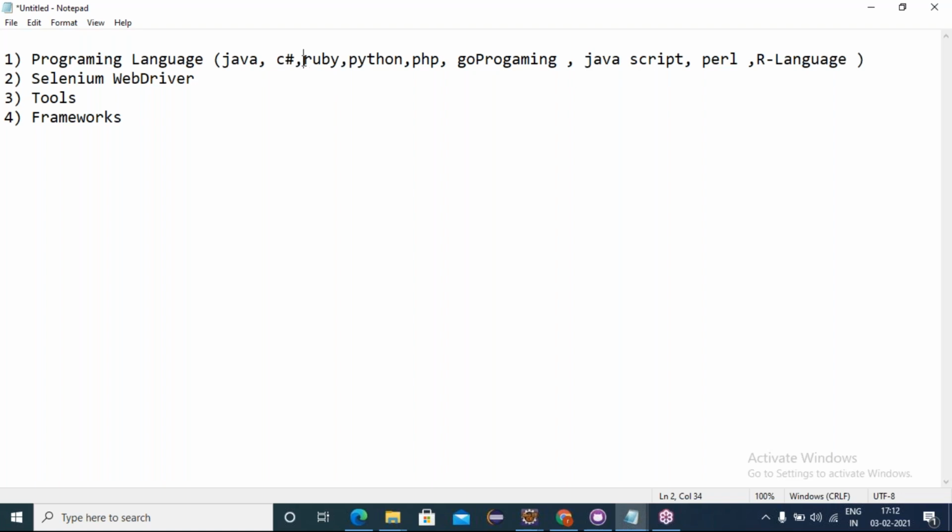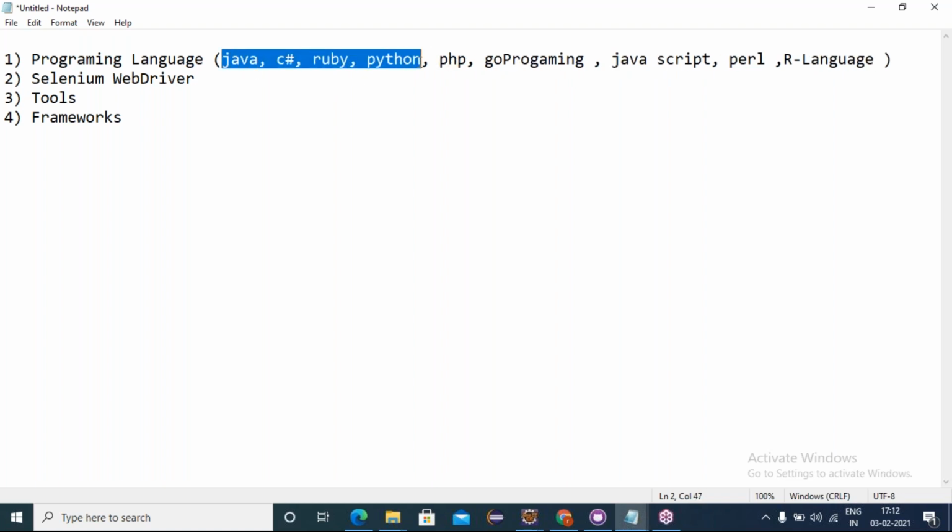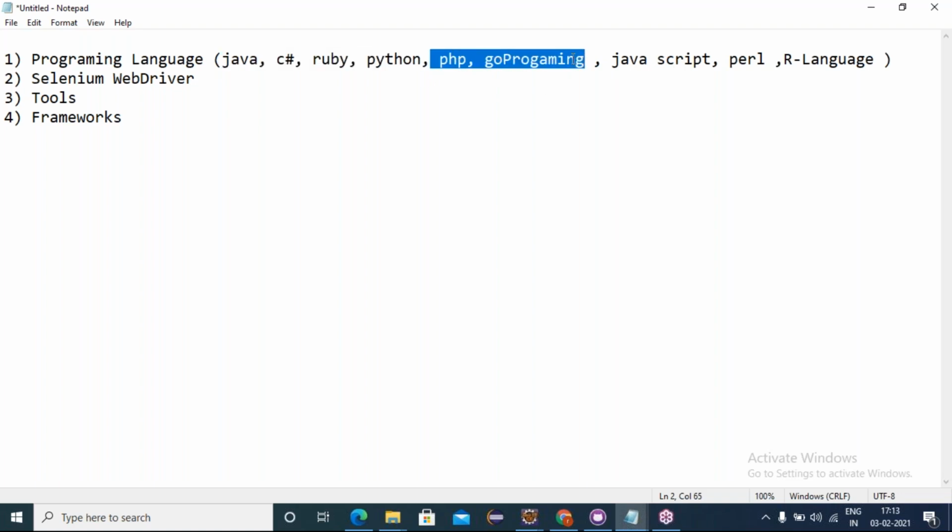The basic core languages Selenium supports are Java, C#, Ruby, Python, and JavaScript. The remaining languages, PHP, Go, Perl, R, and some more, are also there.